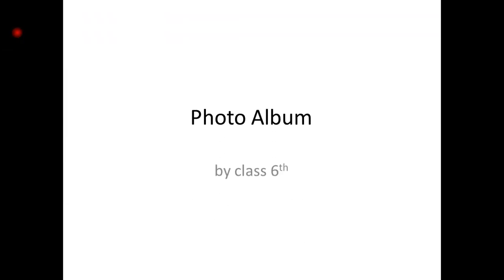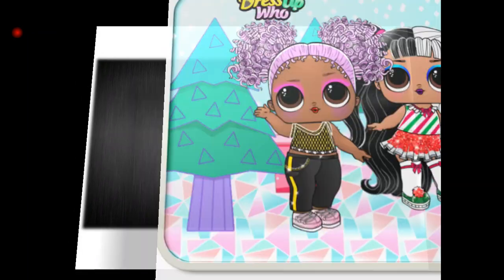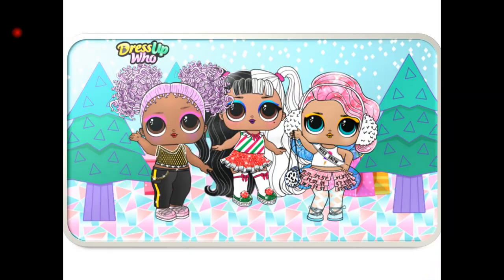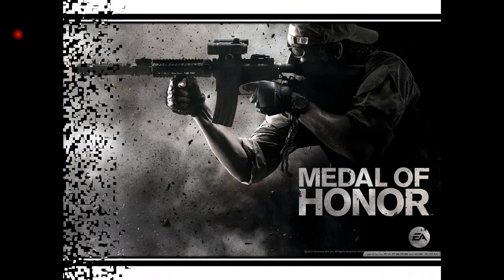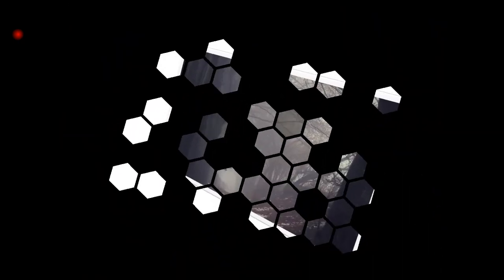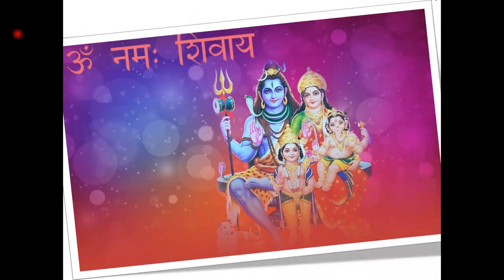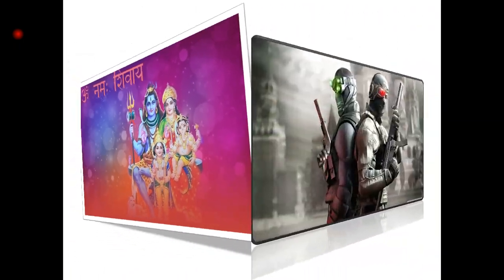Now see that when we click the mouse button, the slideshow runs, and the slides run according to the transition effects we applied on them.